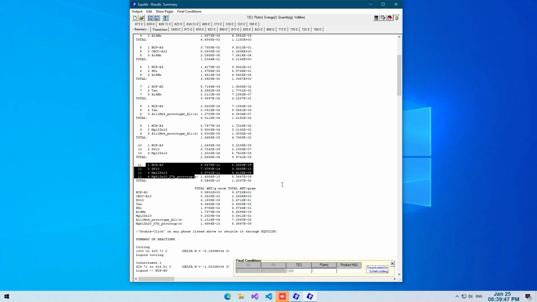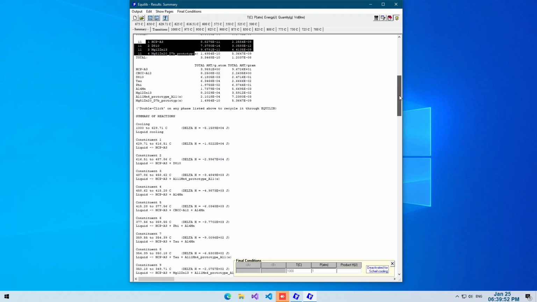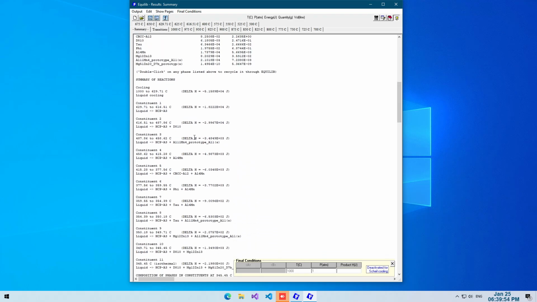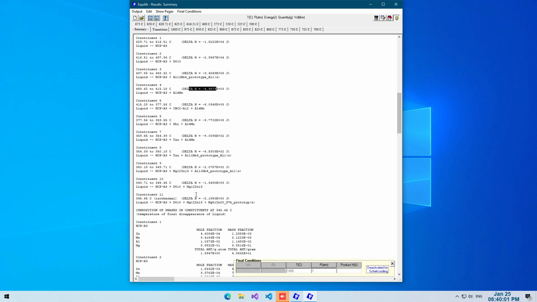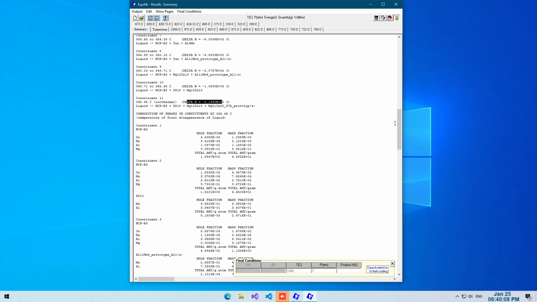After that, it will give you the summary of all the reactions which were happening during the precipitation and their delta H information. So it will give you 11 delta H values, as you can see here. Then it will give you detailed information about each constituent: their mole fraction of the elements, mass fraction, and the total amount, how much it precipitates out.